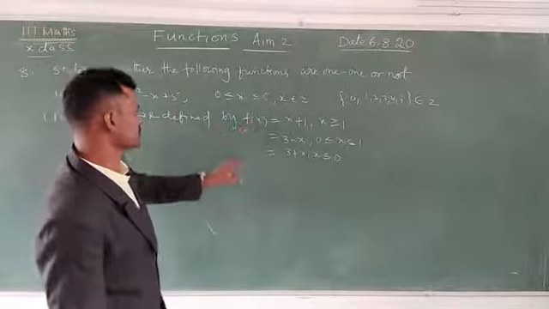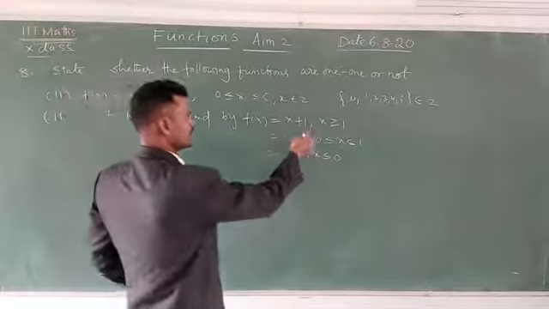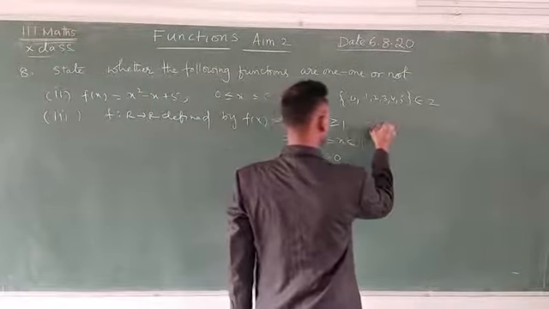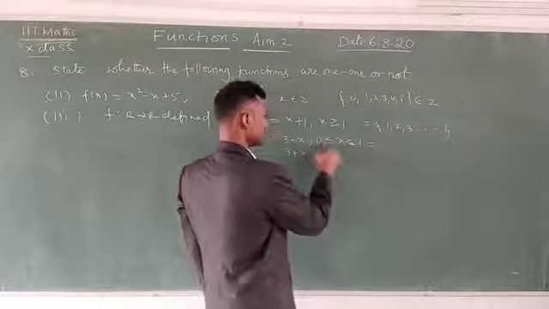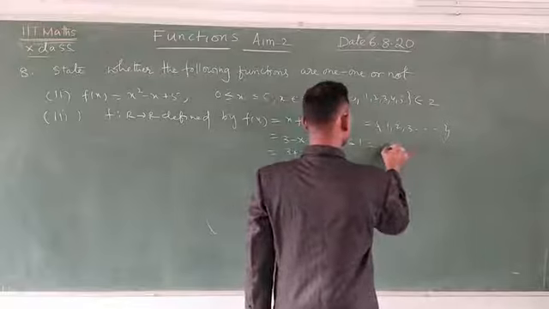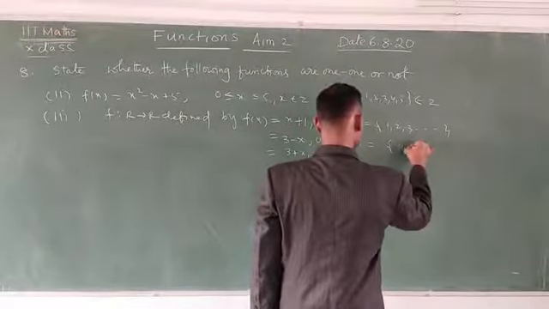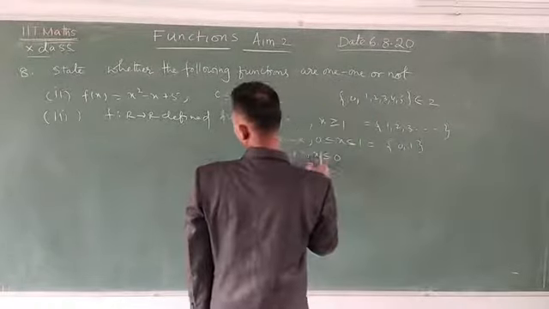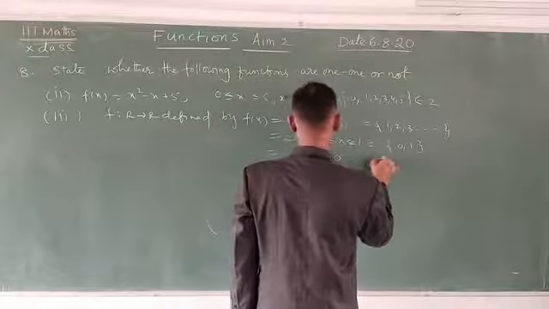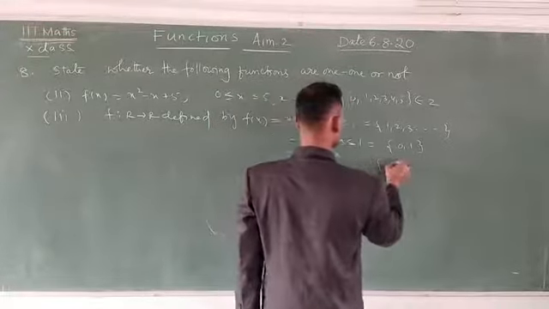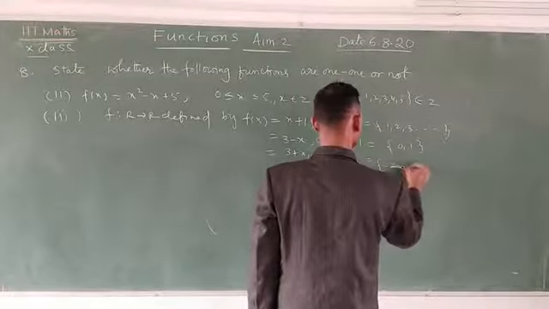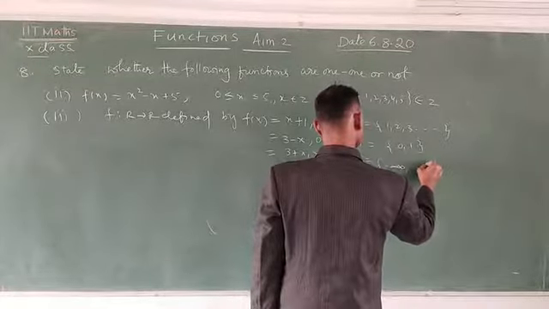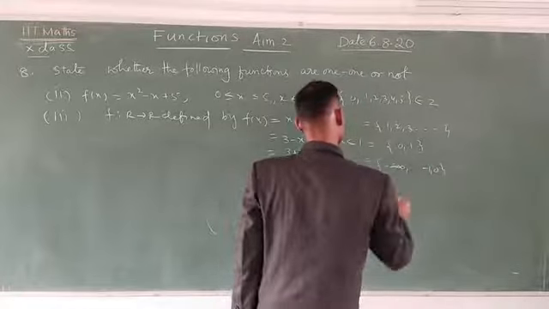Here f of x is equal to x square plus 1. Here x is greater than or equal to 1. It means here 1, 2, 3, 4 up to so on. Next here x lies between 0 and 1, and 0 and 1 you can write here 0 and 1. Here R to R means you can write any number also. Here x is less than or equal to 0 means 0 and minus up to minus infinity and so on, minus 1 and 0 you can take here.